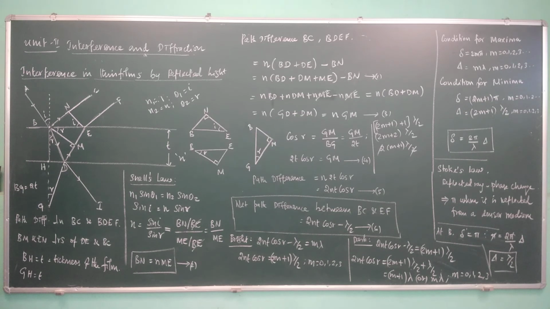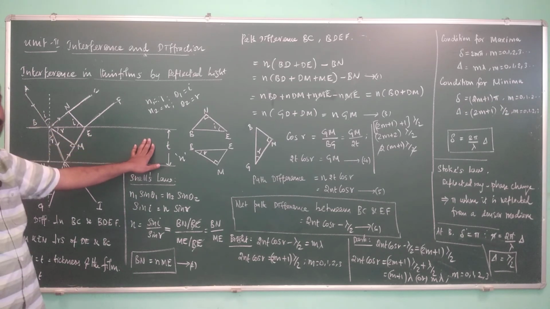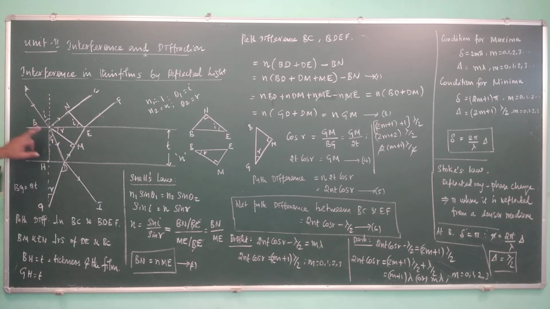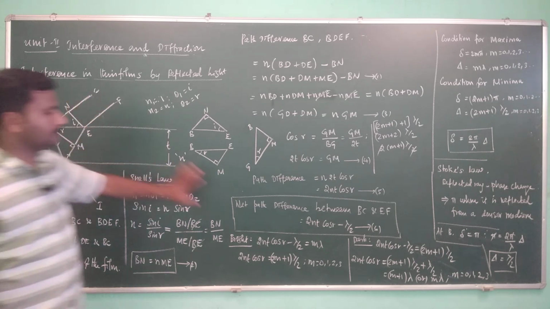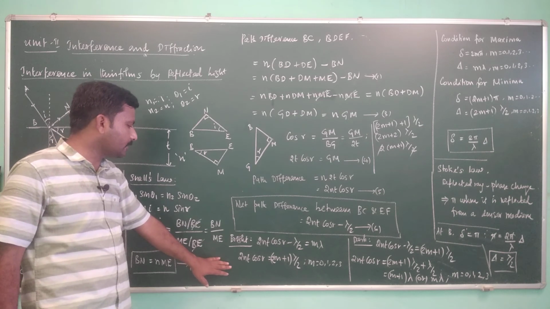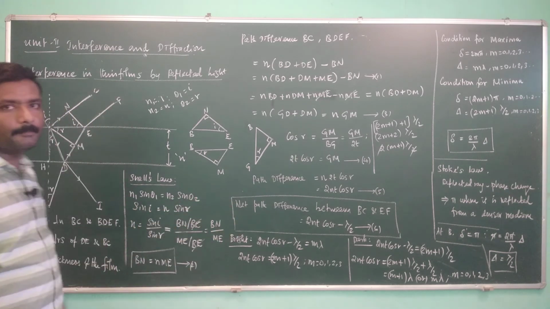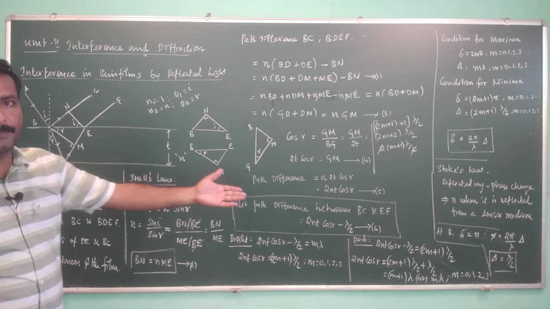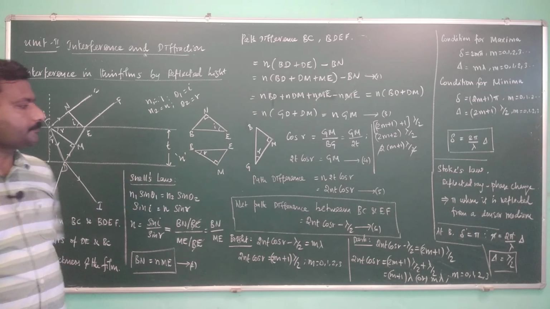So in a nutshell, what we have done is consider a thin film of thickness t and an incoming light ray A which undergoes reflection at point B and refraction, and at the bottom surface it undergoes another refraction and reflection. For that we have calculated the equation for the net path difference, and we obtained the condition for the film to appear bright and the film to appear dark.